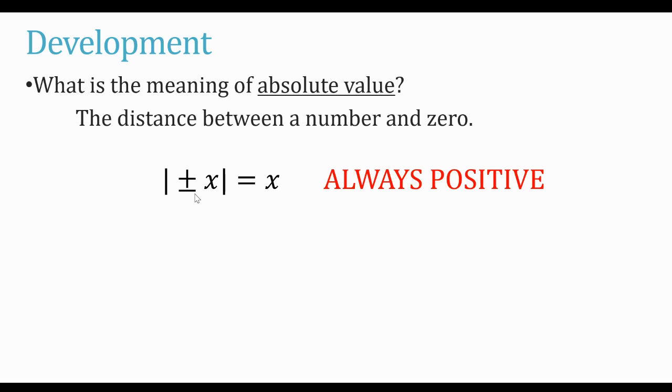So if we have a positive x value in here, the absolute value of a positive x is x. And if we have a negative value in here, the absolute value of negative x is also positive x. So this little symbol here is plus minus, so it means plus or minus x. So it's always going to come out positive, if it's positive or if it's negative. It's only going to become negative if the negative is on the outside of the absolute value bars. Okay, so that would give you a negative answer. But if your value, if your expression, whatever, is inside the absolute value bars, it's always going to come out